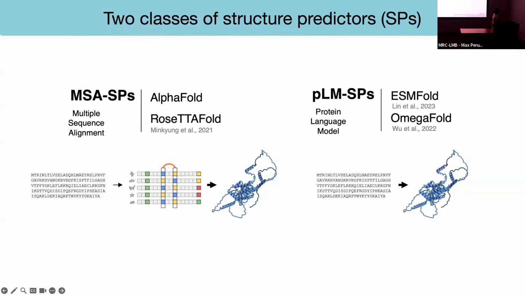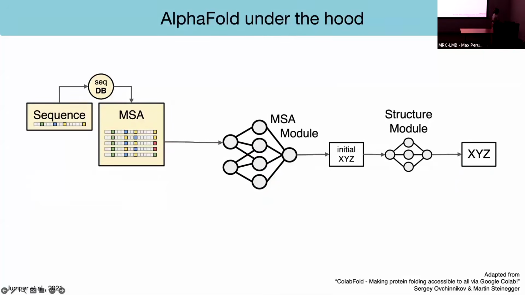Okay, so how does it work? Like I said, you have a sequence, and you want to generate a multiple sequence alignment. This goes into their trained neural network. First, you have this MSA module that turns the multiple sequence alignment into an initial set of XYZ coordinates. It infers from these relationships where the residues should be in space. And then these initial coordinates are turned into something that looks like a protein when they go through this structure